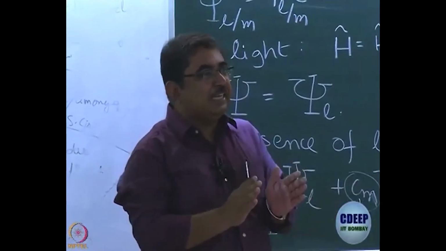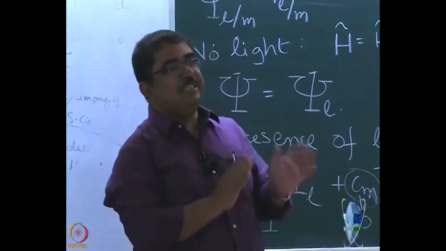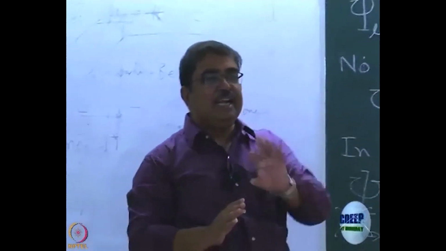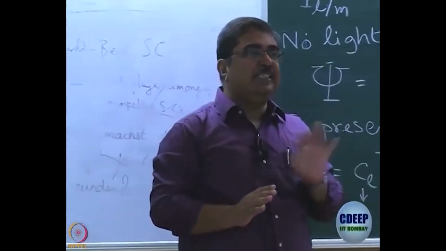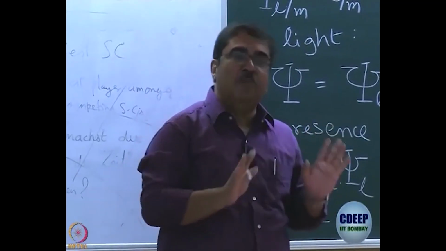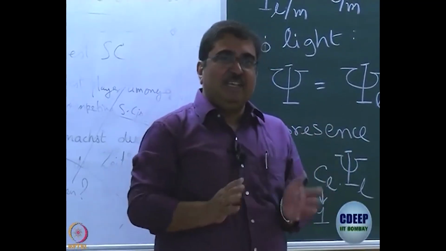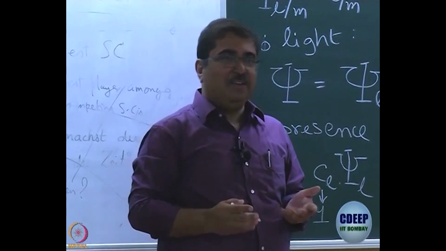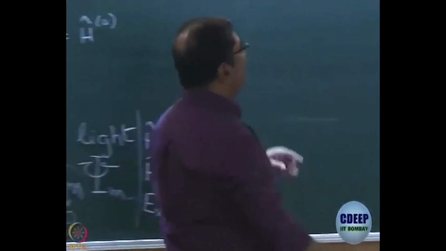Please remember, we are not saying Cl equal to 1, we are not saying Cm equal to 0. All we are saying is that the deviations of Cl and Cm from the initial values of 1 and 0 respectively are not too much, but deviation is there. Otherwise, what are we talking about? Okay, right. So, when we expand, what happens?